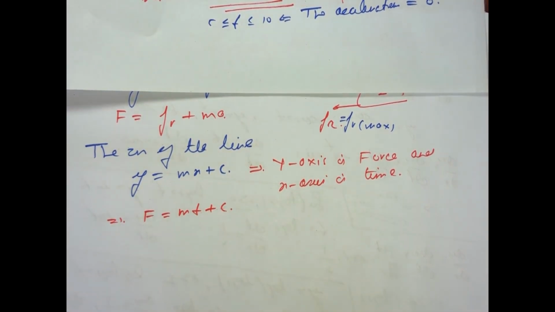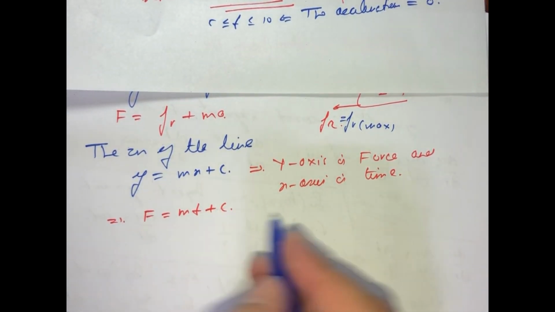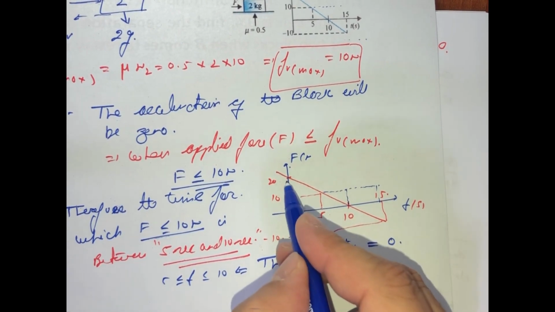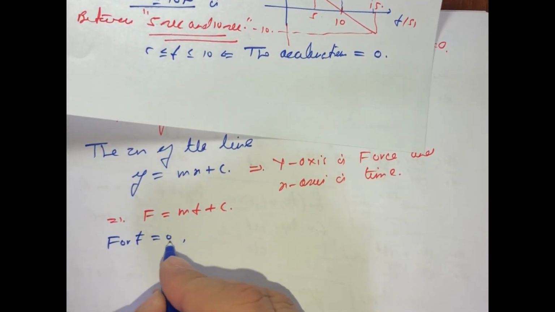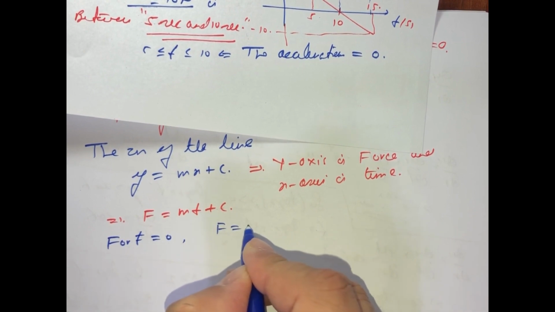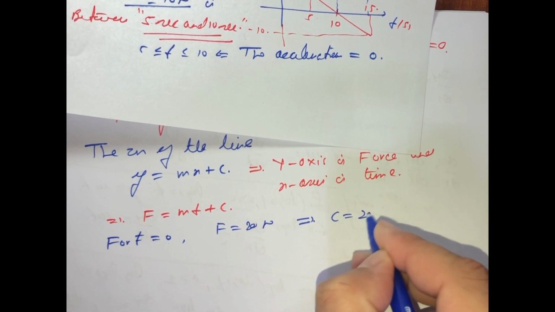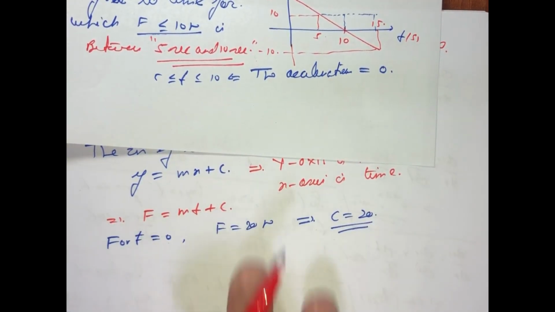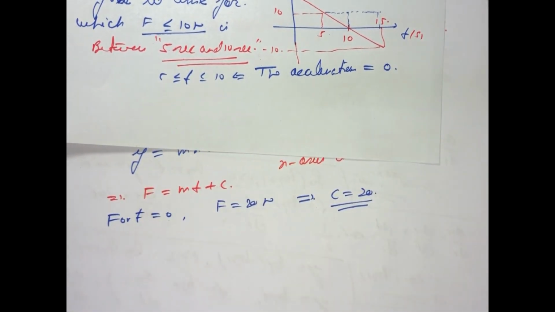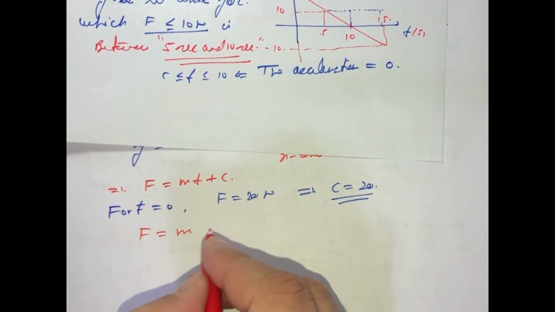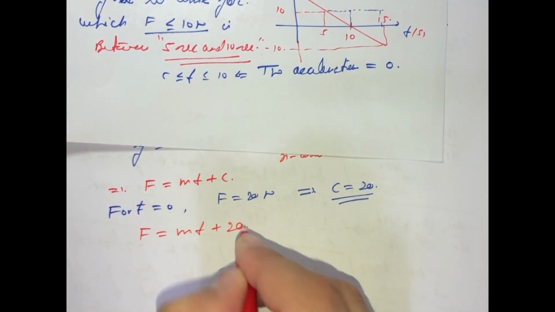Now let us find out the value of c. So you can say for t is equal to 0, the value is given as 20 Newton. For t is equal to 0, F is equal to 20 Newton, which implies that c is equal to 20. So let me substitute here. We can write this as F is equal to mt plus 20,